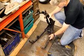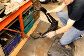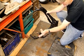Now, one thing that's important to note is we've decided that trying to cut the frame here at this point, which would be normally...